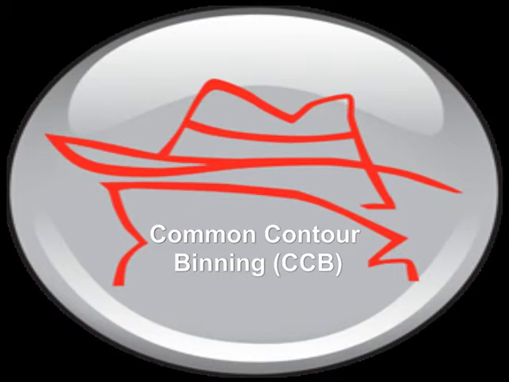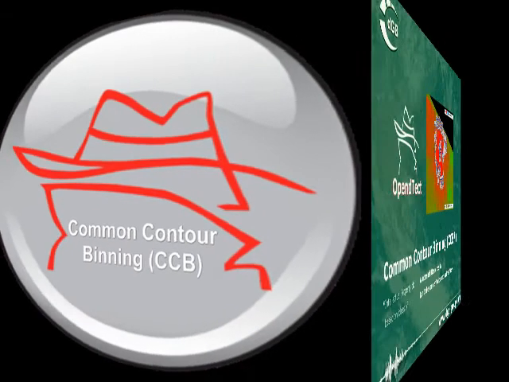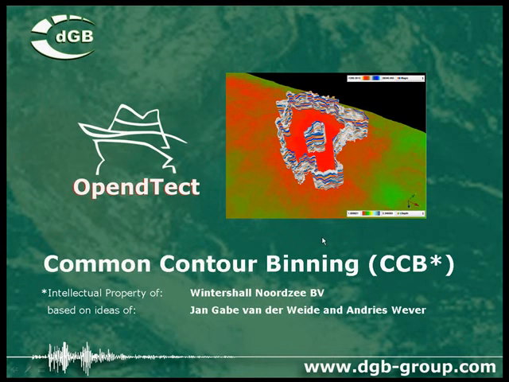This tutorial deals with common contour binning in OpendTect. Common contour binning, or CCB for short, is a new commercial plugin in OpendTect version 3.2. The ideas behind CCB originate with Jan Gabe van der Weijden and Andries Wever of Wintershall Noordzee BV. DGB developed a CCB plugin on behalf of Wintershall, who are the IP holders and who granted DGB the right